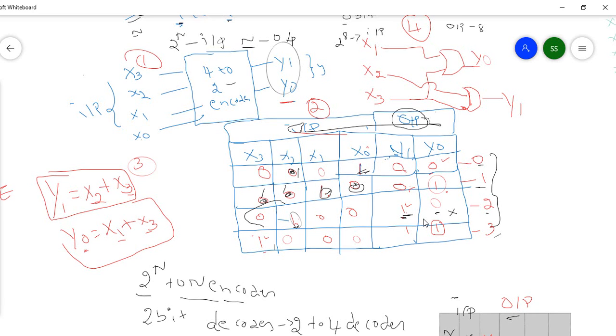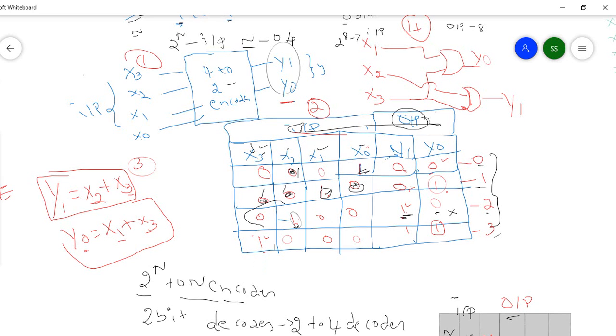A similar method applies here also: each bit has a priority order. In this, the MSB bit x3 is the highest priority. So whenever x3 is there, it is don't care whether x2, x1 is present or not; it will give the priority to x3. Similarly, if x3 is not there, then it will check the next one. If x2 is there, this is the next highest priority. Similarly, if x2 is not there, then it will check x1, the next priority. If x1 is also not there, then the last priority goes to x0. This is how a priority encoder is designed.